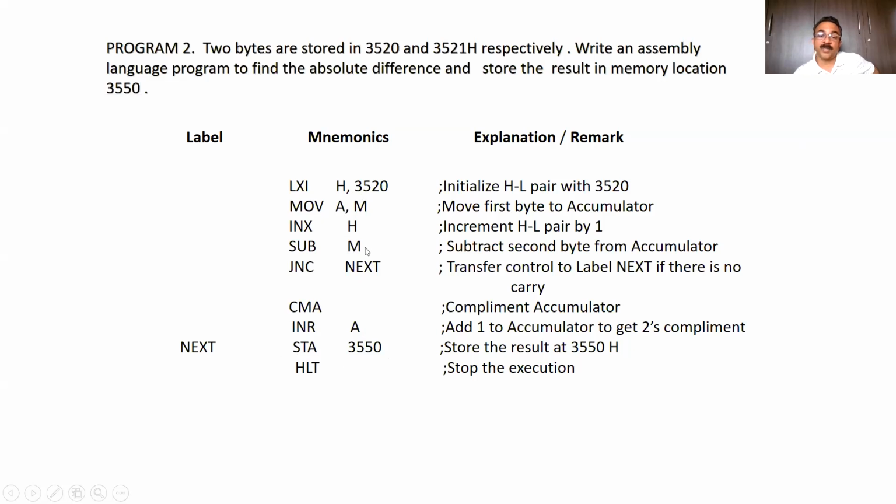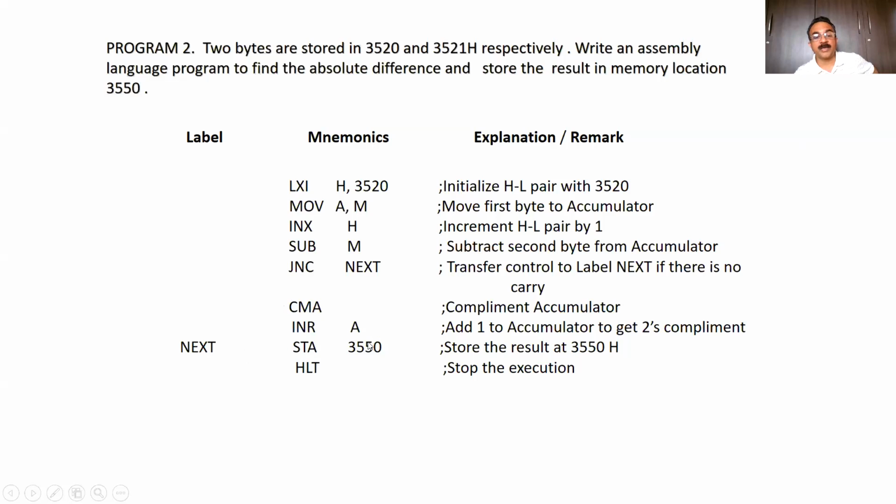Now, if you are subtracting the bigger number from the smaller number, then your answer is negative. And to convert that negative answer into positive, we use these two instructions, CMA and INR A. These two instructions give you the 2's complement of the result, which is nothing but your positive answer.